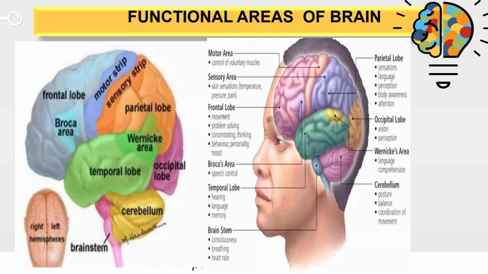Now, this is another very important part, that is the functional areas of the brain. When you see an infarct in the frontal lobe, immediately you should know that the patient will have problems with movement. I'll just highlight it for you. Immediately we will know that the patient has problems with movement, problem solving, concentration, behavior, thinking, and so on. Now, if you see in the CT scan report that it is in the parietal lobe,